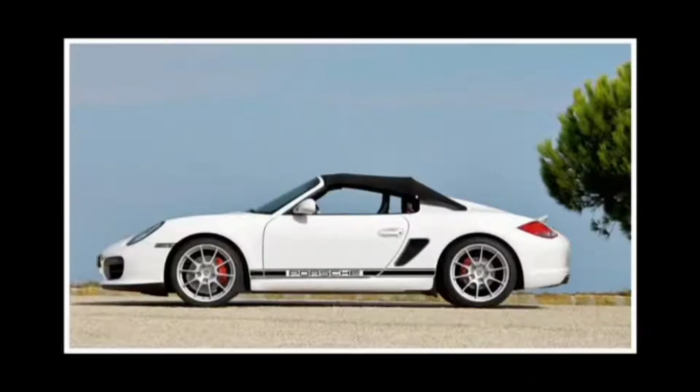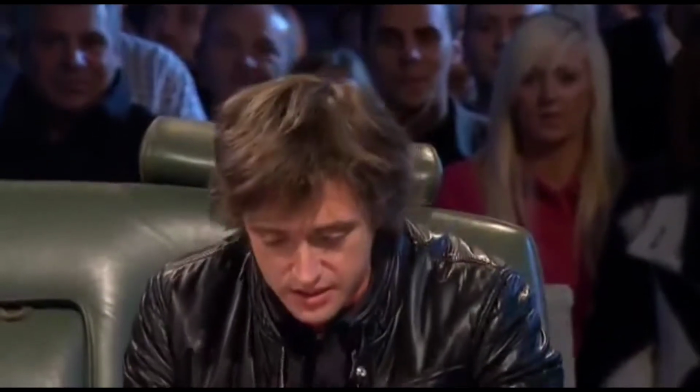It's called the Poxster Spider, and it's kind of a nuisance. It only weighs 12 kilos, has a top speed of miles an hour, and 0 to 68 in seconds. And it's that fast because it's got a very clever gearbox. It's called a... Is it German? Oh, it's a German name, and it's really complicated. So let me just spell this out. It's a